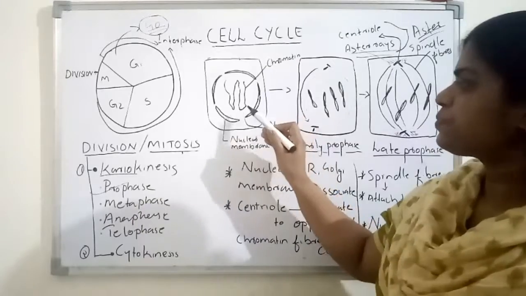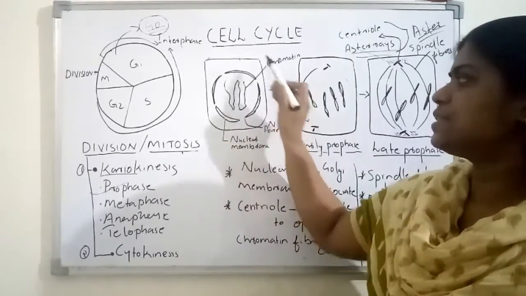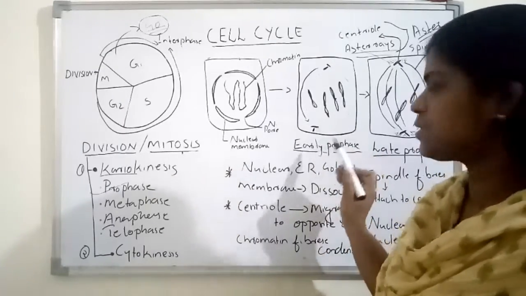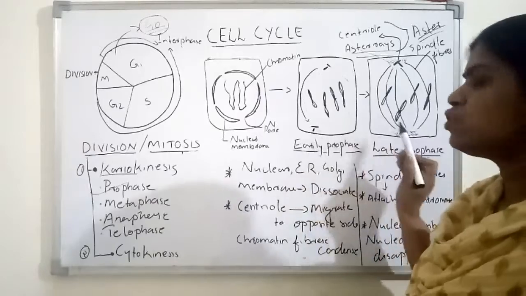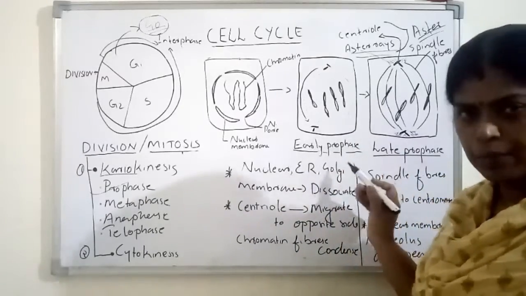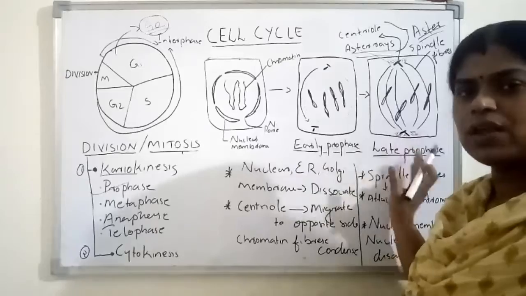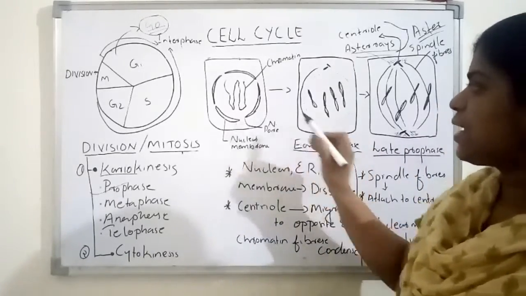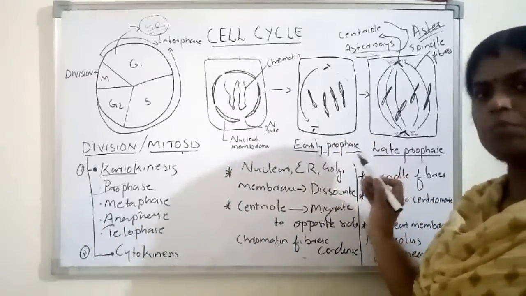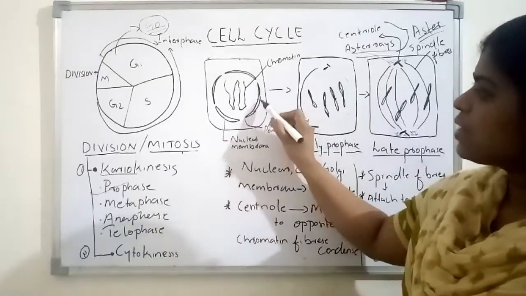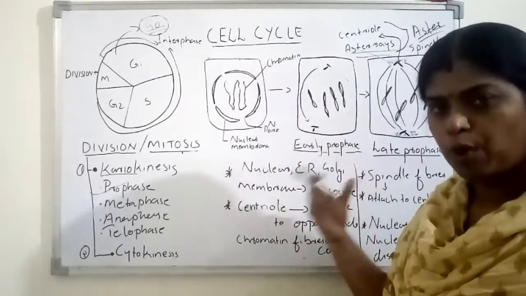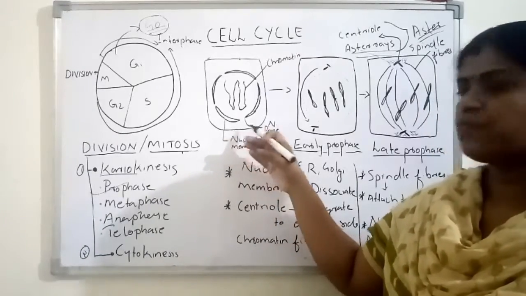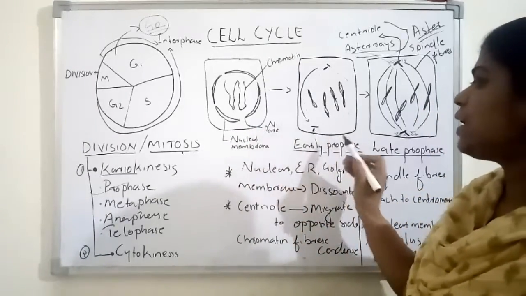What is really happening to this cell when it enters the first step of karyokinesis, otherwise prophase? Two stages are there for prophase: early prophase and late prophase. Like that we can divide the prophase itself. What are the changes to the cell when it enters the early prophase? In this figure you can see that the nuclear membrane is very prominent after the interphase. But when it enters the early